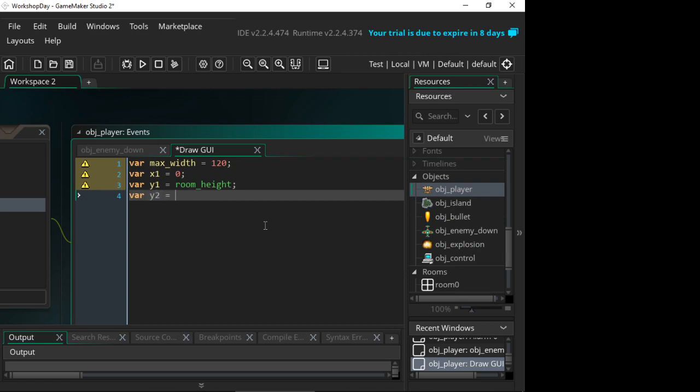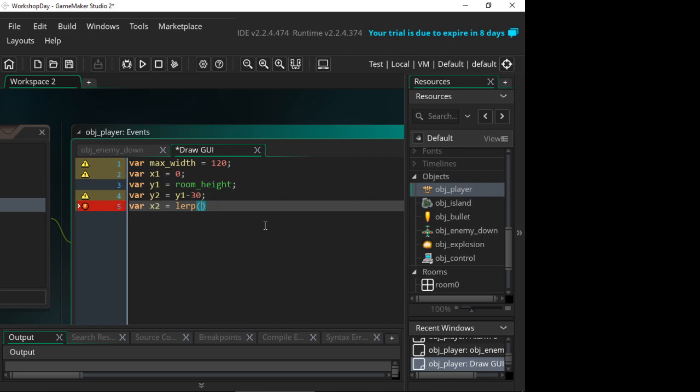y2 is simple. We just get y1 and subtract a little bit from it. And the x2 point is a little bit trickier. We want to use linear interpolation, which will be between 0 and the maximum width. And now,